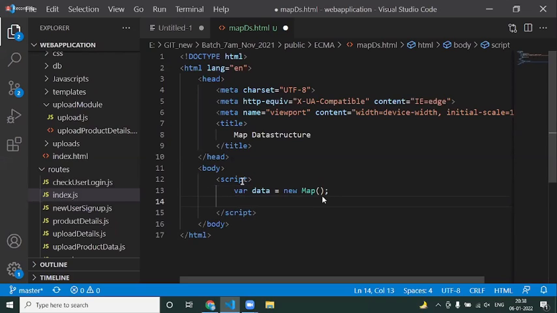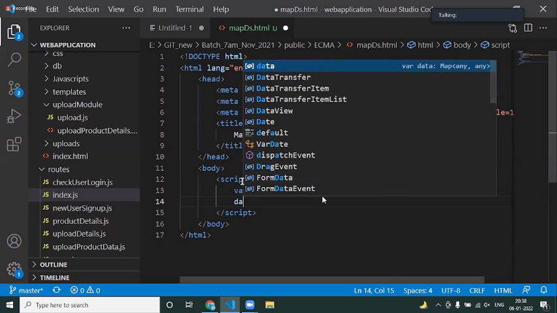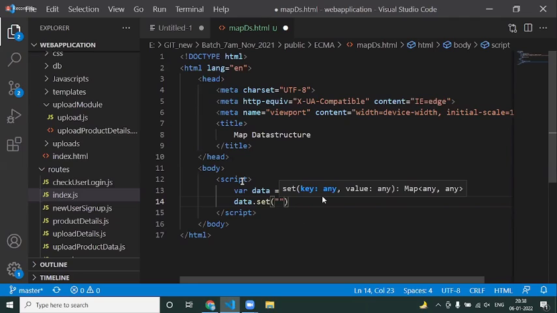Now, if you want to insert data into this, we say data dot set, a predefined method using which you specify the key and the value. Say name is the key and the value is Raj. In case of a JSON object, we used to say object dot name equal to Raj. But here in the map, you have a predefined set method to insert values.